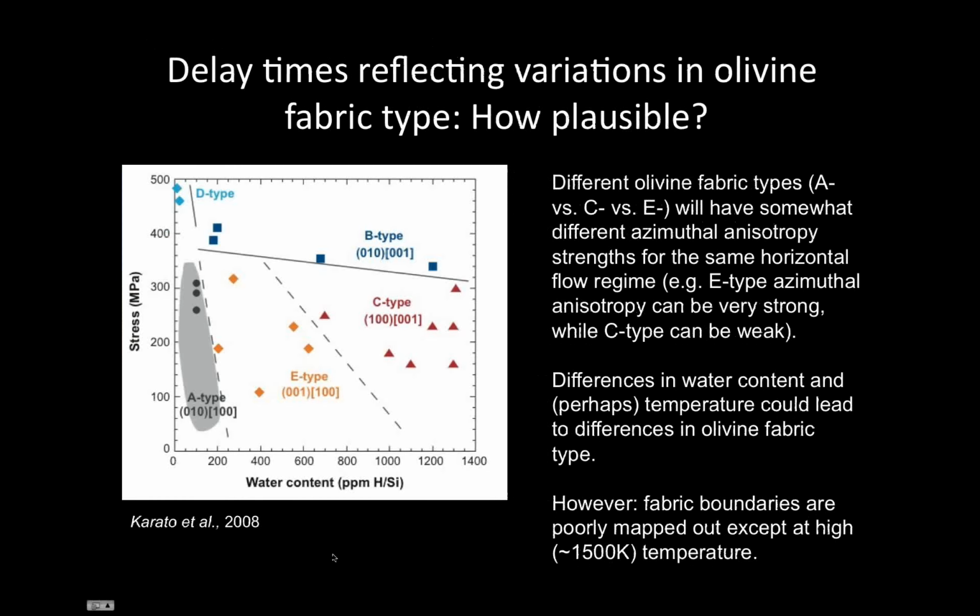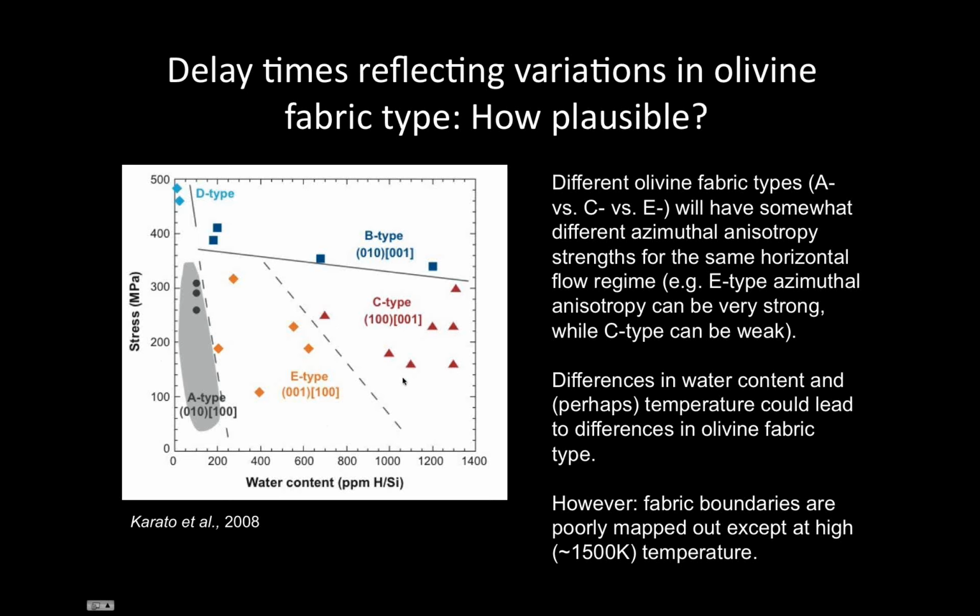Another idea is that maybe these variations in delay times are actually reflecting differences in olivine LPO, and one possibility is that we're seeing differences in the olivine fabric type. I'm not going to go into the details of exactly what each of these fabric types mean, but C, E, and A-type olivine fabric will all give you the same relationship between flow and fast direction that I talked about earlier in the talk. But there are some differences in the expected strength of anisotropy with each of these different